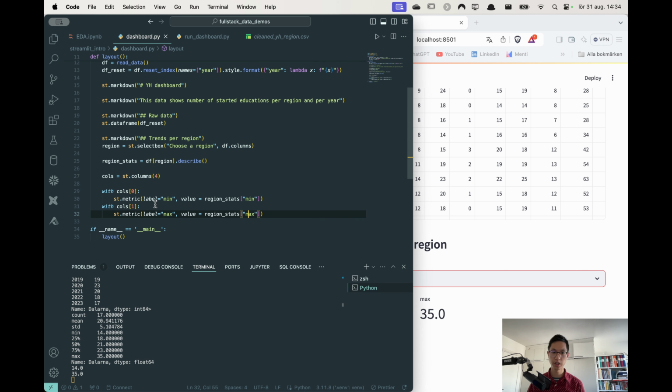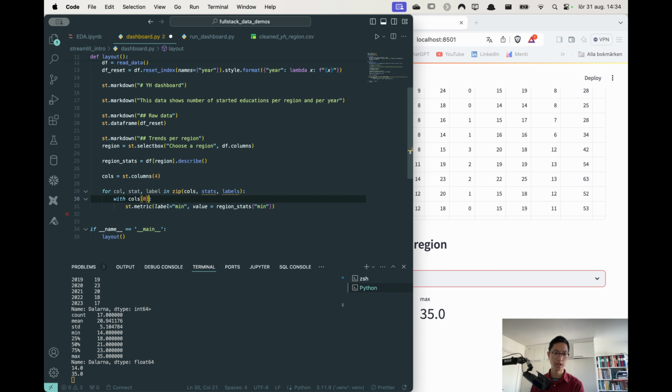However, it's quite boring to copy the code. We should keep it DRY, right? Don't repeat yourself. So I will erase this one, and I will put this into a for loop. So for col, stat in zip cols, stats, labels. I want to have label as well. And then, because I'm looping through all the cols, for each col, I will put in the label here,